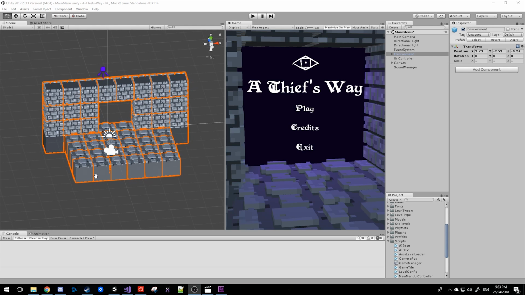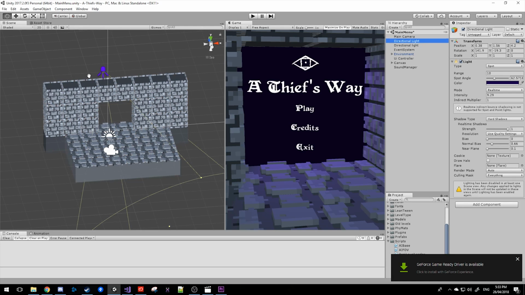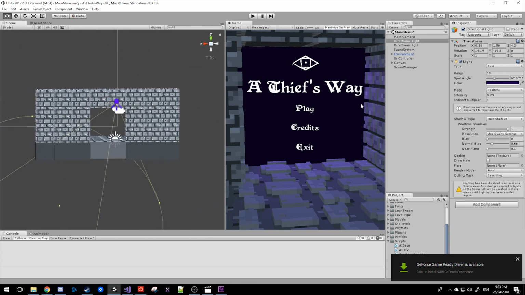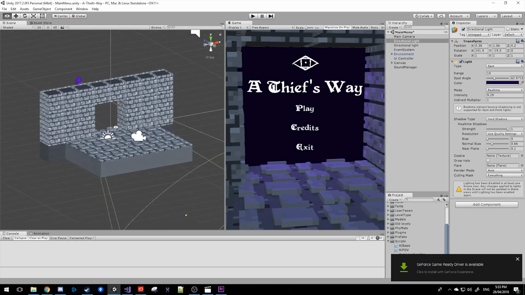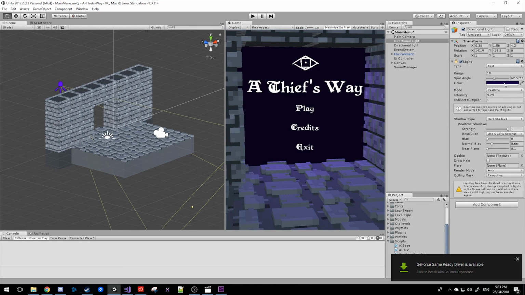So I used the models of the ground and the wall, and I made a separate model of just this top bit of the wall to make the top part of the door. I then added in a directional light and angled it so that it would be shining through the doorway. And then I set the color of that light to a purple so that you can have this sort of